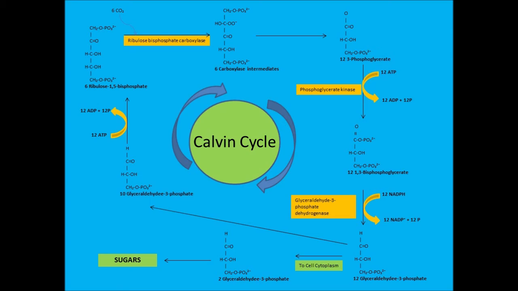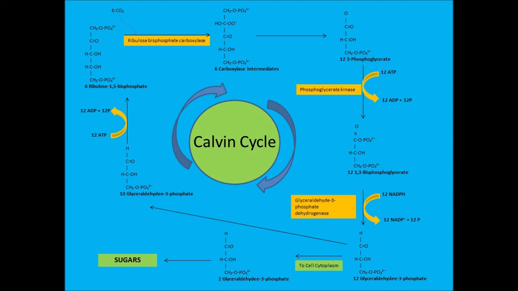The phosphoglycerate molecule is then converted with the addition of 12 ATP molecules and the enzyme phosphoglycerate kinase to produce 12 1,3-bisphosphoglycerate molecules, and these in turn are converted using the energy from 12 NADPH molecules and the enzyme glyceraldehyde 3-phosphate dehydrogenase to produce glyceraldehyde 3-phosphate, which is the molecule that is used to regenerate ribulose 1,5-bisphosphate, but also to